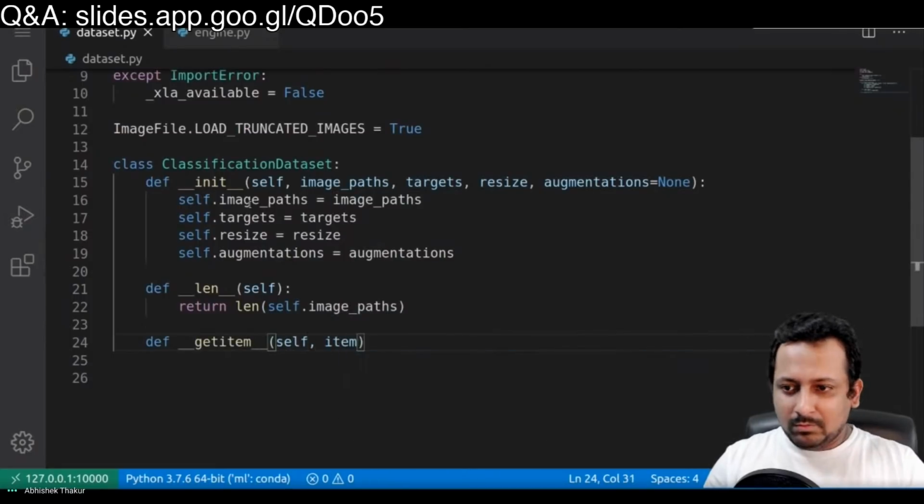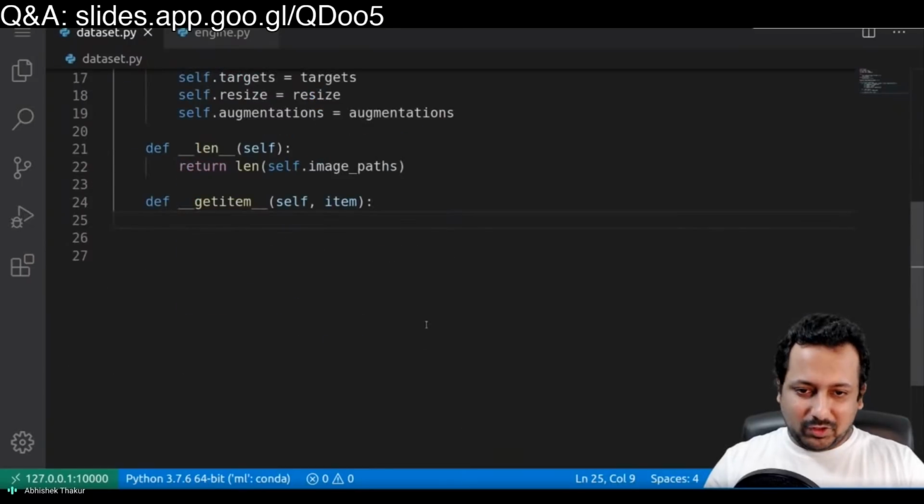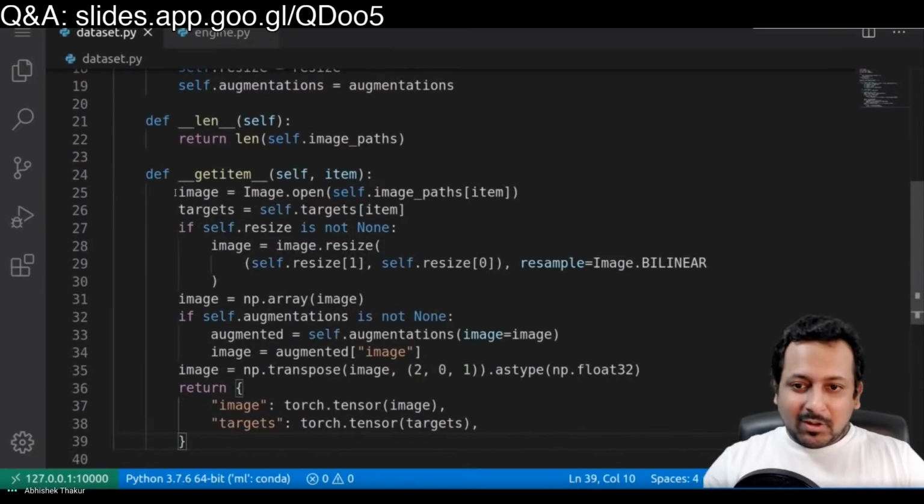And I do getitem, and then we can read the image here. So what we will do is we have a few lines. I have already done it, and just to save time here, I'm pasting it, but I will be explaining it. So we open the image using PIL Image. That takes your image paths and the given item index. Then you have the targets, which is a numpy array. So it extracts the targets. Then it checks if resize is not None. So that means we are resizing the image. So we take self.resize 1 and 0